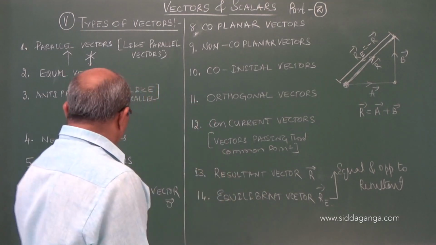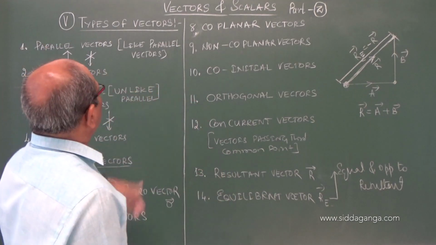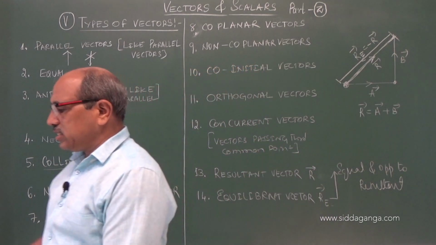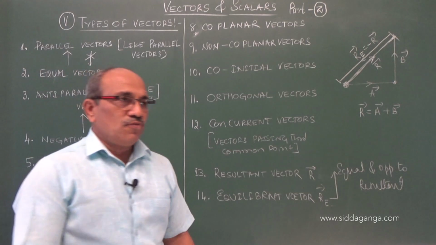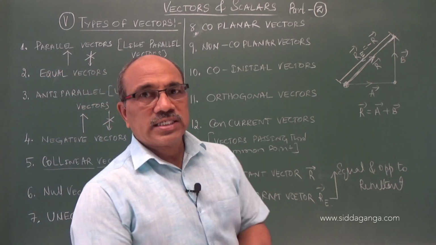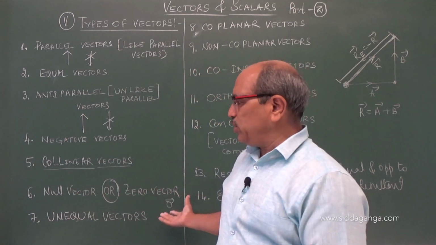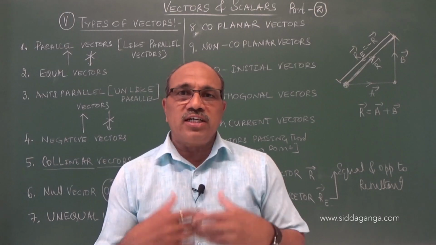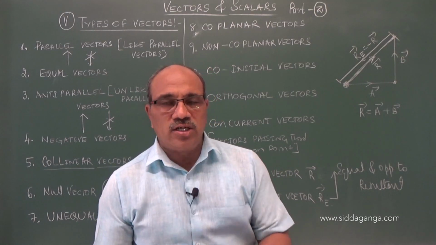So we have taken some examples starting from types of vectors, and still more are there. We can discuss them in the next class. Before that, I conclude here. We started yesterday and are almost coming to the end; another 5 to 6 types of vectors are there. I will take up those important vectors in the next class.